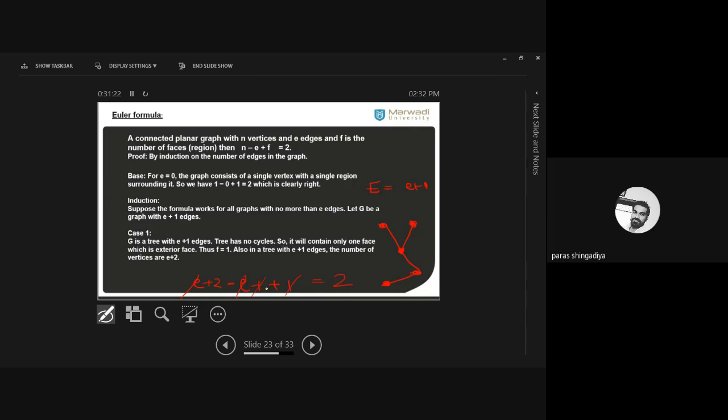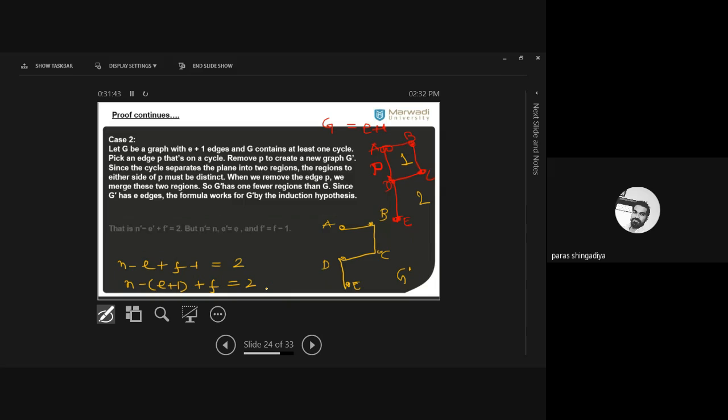तो केस वन में आपको ट्री लेना है। ठीक है, कंसिडर वन ट्री विथ E प्लस वन एजेज। तो E प्लस वन एज है तो वर्टेक्स कितने होंगे, E प्लस टू, एंड एज वी नो दैट ट्री हैज ओनली वन फेस, तो उसके लिए वी कैन इजीली प्रूव द आंसर। ठीक है, नाउ नेक्स्ट केस में आपको एक ऐसा ग्राफ लेना है कि जिसमें एक साइकिल है, मींस इट हैज वन रीजन। ठीक है, वन कनेक्टेड एरिया।